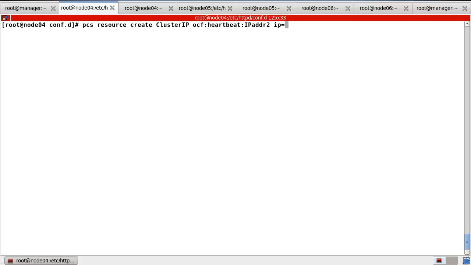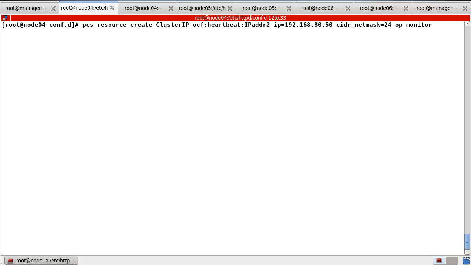And the IP, in my case, I will use 192.168.80.50, and option and mask, so 24.